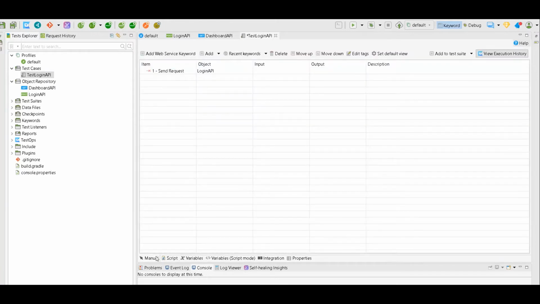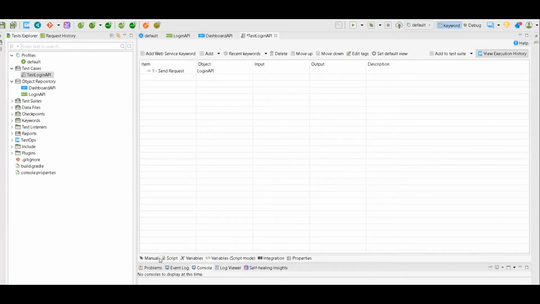The third mode is record and playback, which only works in case of UI, right? That we will talk about tomorrow, when you can actually record the scenario so that you don't have to do it one by one. Let's say on the Test Automasi website, we go open the website, go to the profile page, enter credentials, click on login, and then verify that the logged in user is correct. That step we can do automatically by record and playback in Katalon Studio. We'll talk about that third thing tomorrow. But you have three options, right? Manual, script, and record and playback.